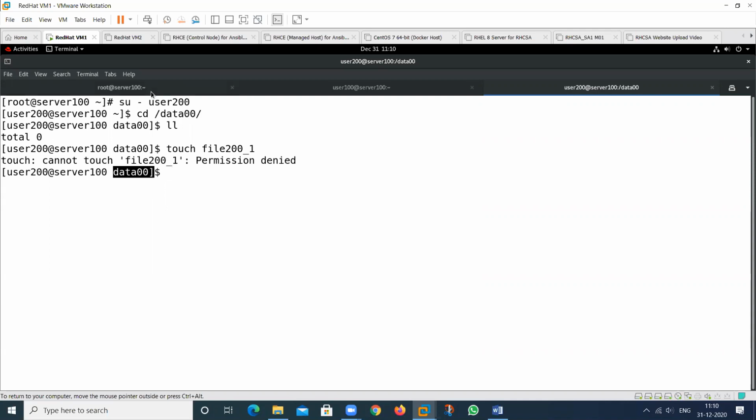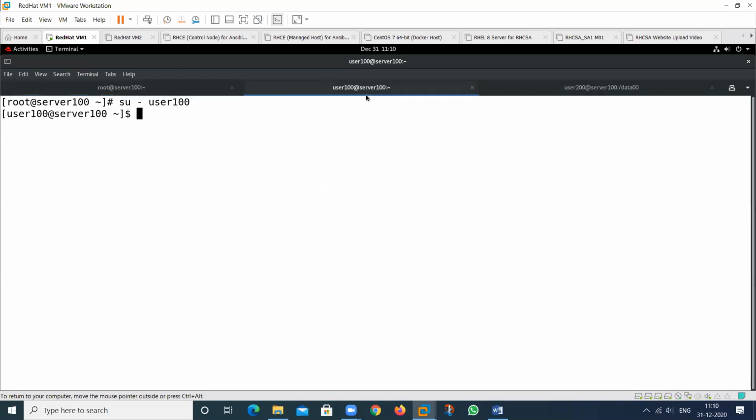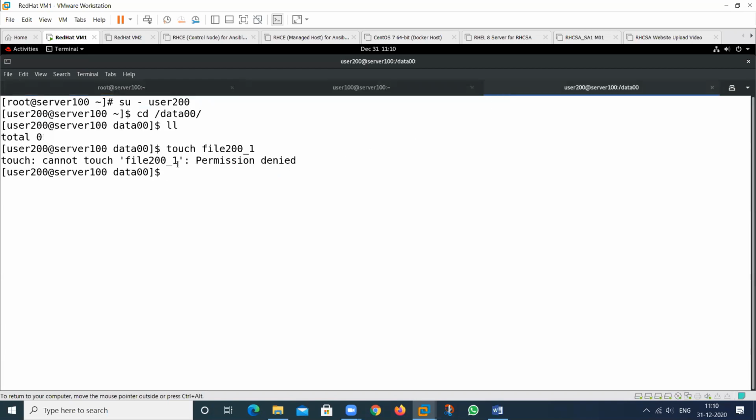Then what will I do? See here, because at this time, this user comes in the category of others. So we should assign the permission. Then this user will be able to create this particular file, because this is related to the sales group, and I want to assign the permission.